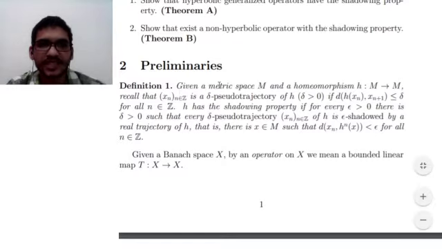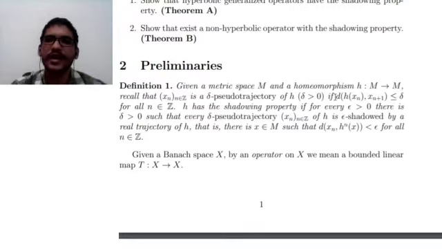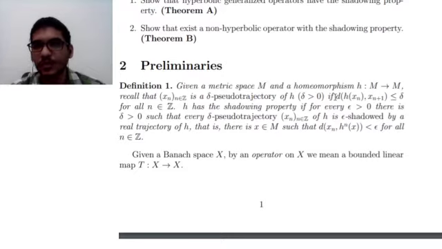Definition 1. Given a metric space M and a homeomorphism H from M to M, recall that a sequence (x_n) is a delta pseudo-trajectory of H, for delta greater than 0, if the distance from H x_n to x_{n+1} is less than or equal to delta for all n in Z. Okay,